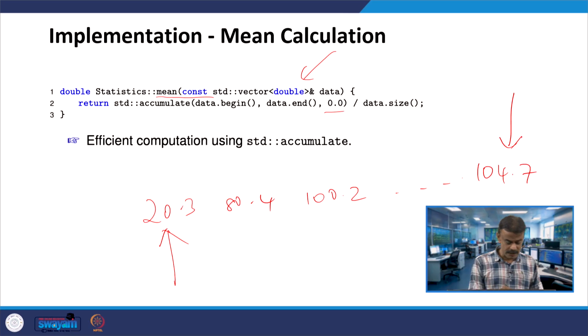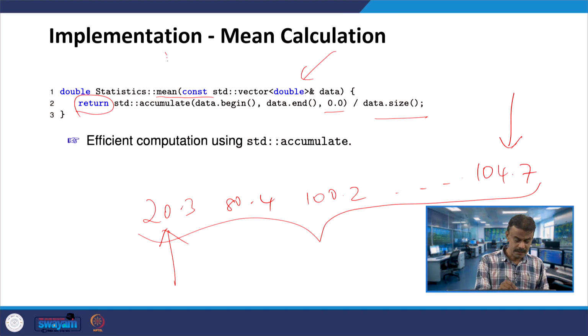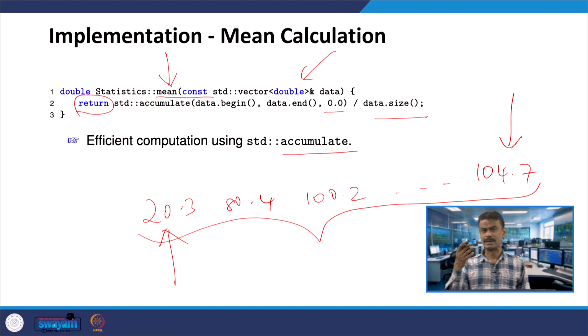Then 0.0 will be added with 20.0 and so on, and we will have the sum. Then the sum will be divided by the size of the data. We know it is the mean, and that will be returned. This is the mean calculation with the help of the member function. Here we are using the standard accumulate built-in. You can write your own code, which is not very difficult.